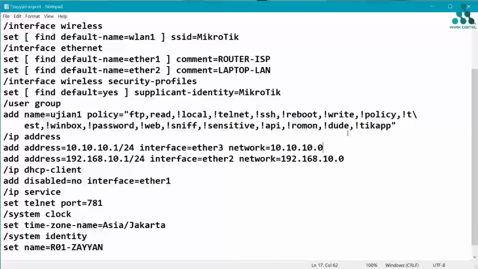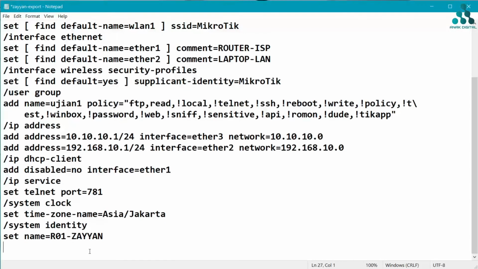Okay, and I want to set name identity. I change it to be just Zayan like this.